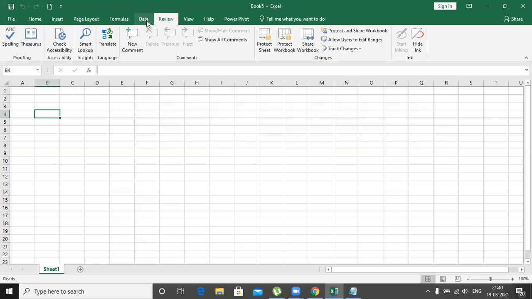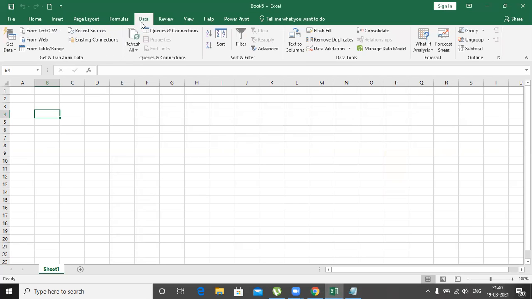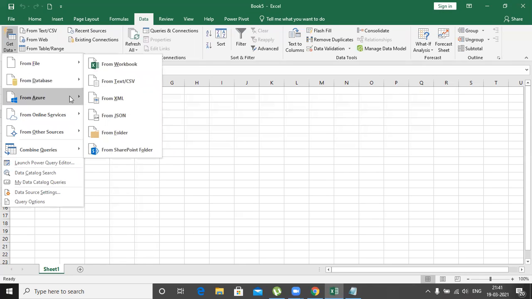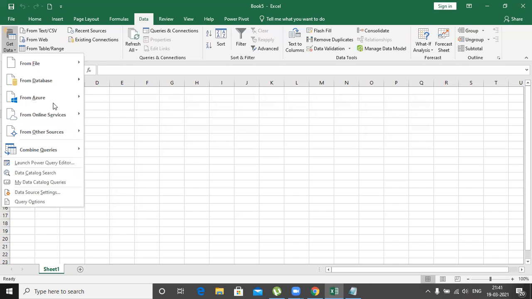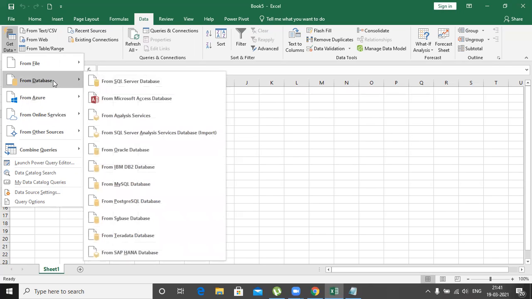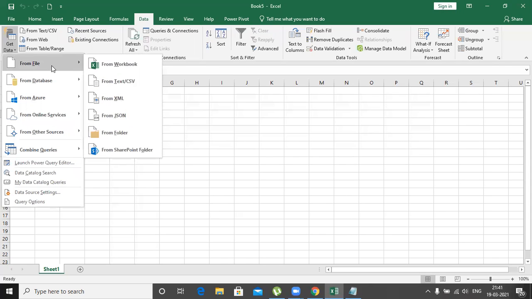And next, let's see how to work with the Data area, and how Data, Filter, Advanced Filter, Sort, and getting data from other sources work. See here, we have so many other options. I can get the data from different sources. I'll tell you a few methods.